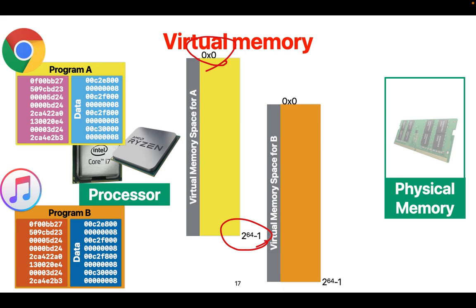So if I have two processes, I will create two of these spaces. So now I have 2 times 2 to the 64 addresses. However, each of them can only use their own 0 to 2 to the 64 minus 1. Now if a programmer wants to load its code, and you check the compiler carefully, I think one of the assignments would ask you to do that, you'll figure out that there is a default place where each program